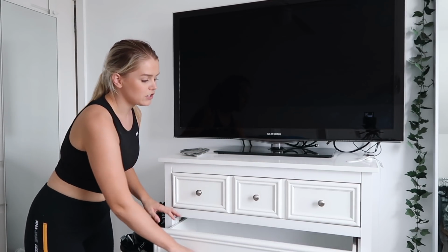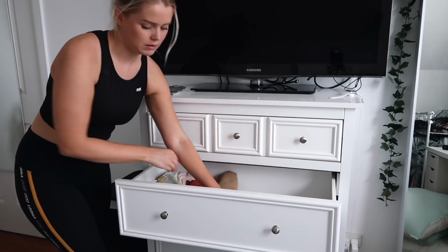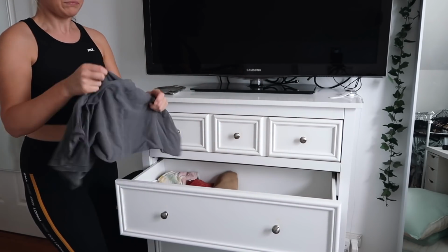So now I'm actually going to put everything that I just decluttered back in these drawers, and then that area looks pretty good. Do I have chocolate in my teeth? No. Okay, so my next task is to empty out my current wallet and put everything in my new one. How nice does this look? Even though this one's still nice, just this one looks extra nice. Anyway,